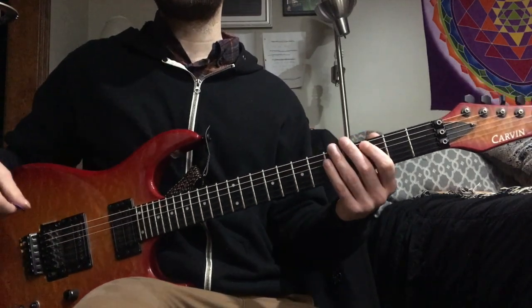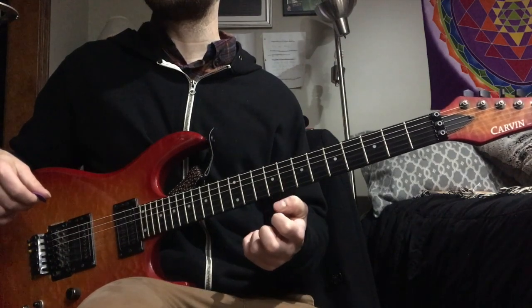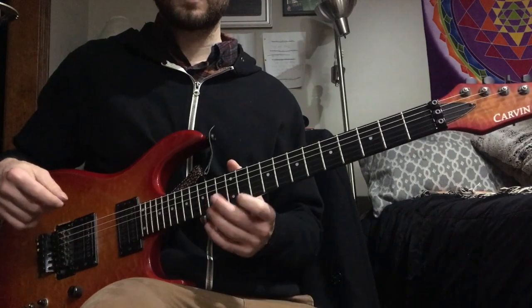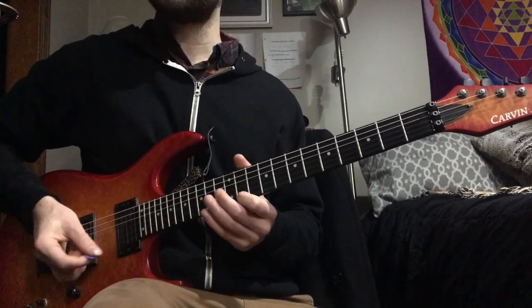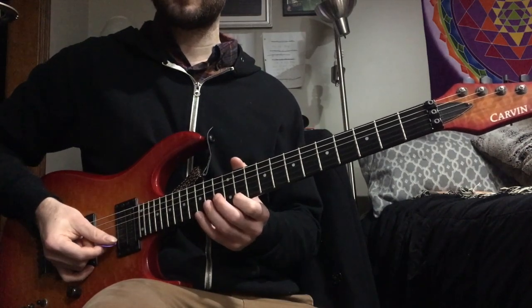stuff like that, I noticed at first it took a little bit of reworking in my brain to get comfortable visualizing on those different positions, because it is a little bit weird. But I think this exercise helps with that, this pattern, I should say. And then it's thirds. So basically just think of it like